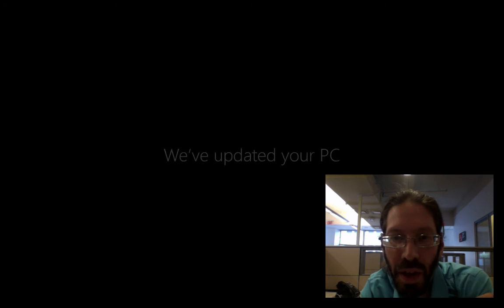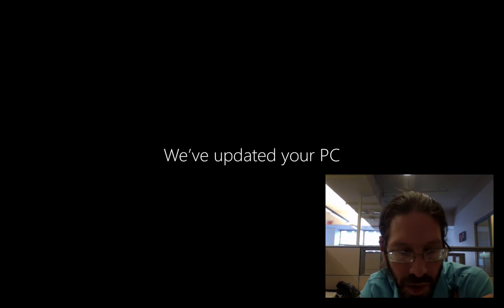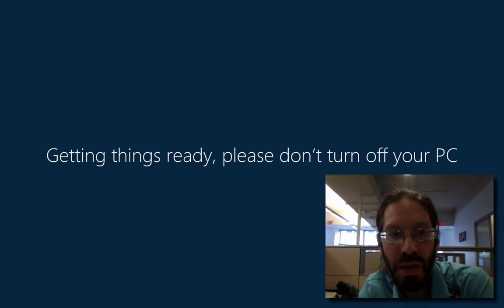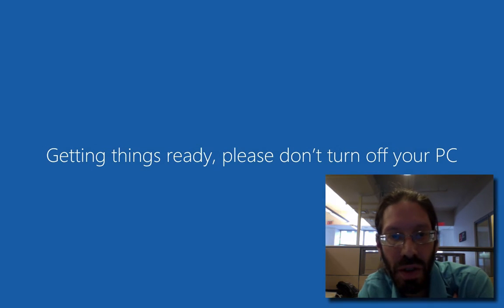Okay, this is all, by the way, in order to get to the bash shell, the Ubuntu bash Linux shell that's supposed to be built into this version of Windows. So